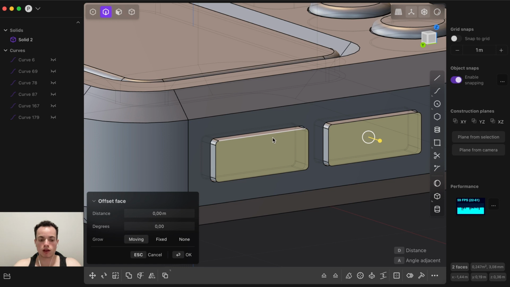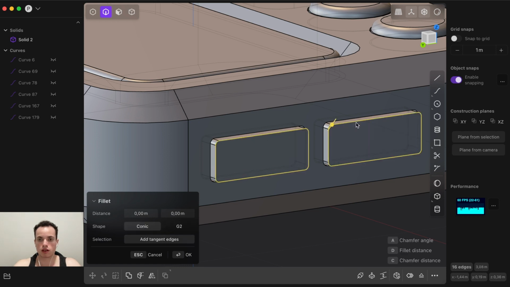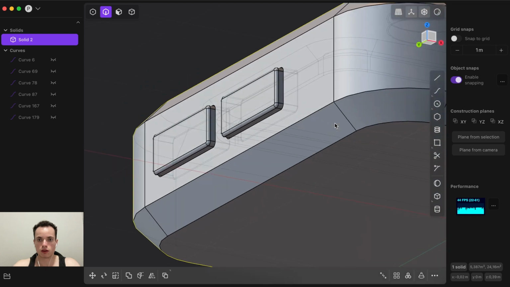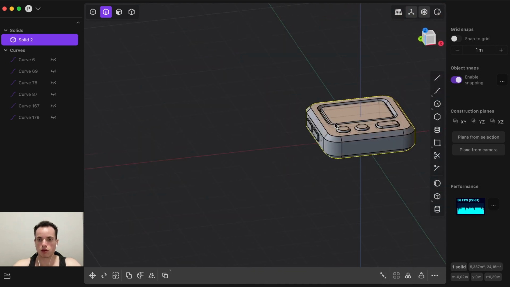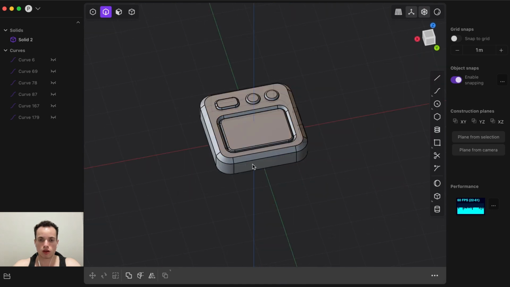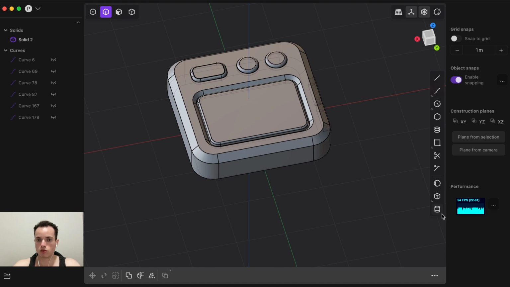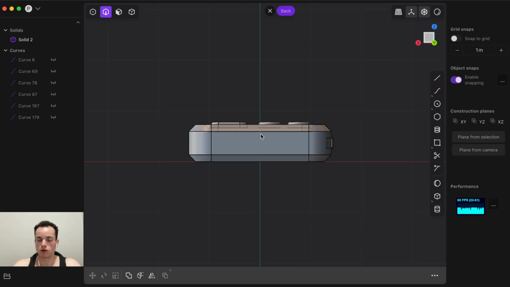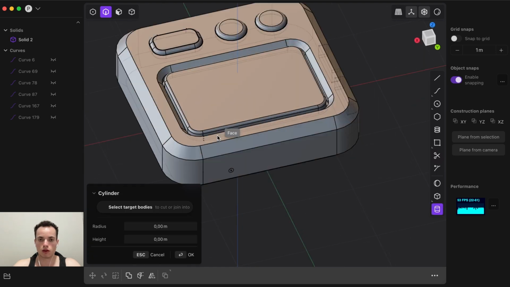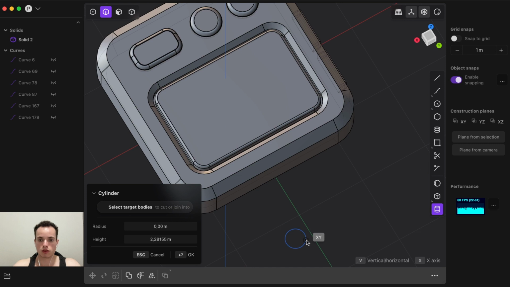Get edges, Alt click, Shift Alt click, and then drag like this, enter, just little buttons. And then here we want to create little shape. What we can do is go on this side, create cylinders, or we can create little pipes. So cylinder, we can do this,